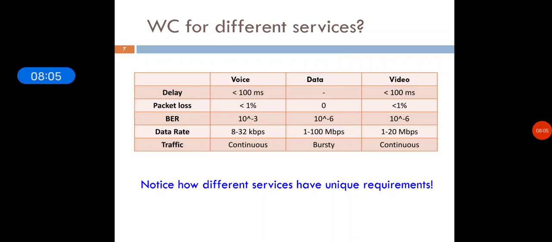Bit error ratio is 10 power minus 3 in voice, 10 power minus 6 in data, and 10 raised to the power minus 6 in video. Data rate is 8 to 32 kbps for voice service, for data service it is 1 to 100 Mbps, and for video it is 1 to 20 Mbps. Traffic is continuous